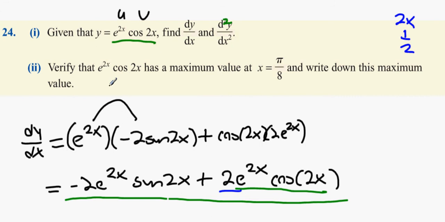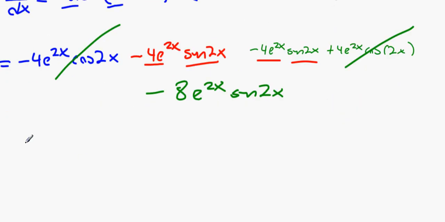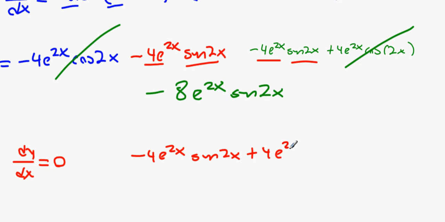Okay. Verify that e to the 2x cos 2x has a maximum value at x equals pi over 8, and write down this maximum value. Okay, so I have to verify it. So the first derivative, which is in green, first derivative has to equal 0. So we have minus 4 e to the 2x sine 2x plus 4 e to the 2x cos 2x, all has to equal 0. Now, factorize out